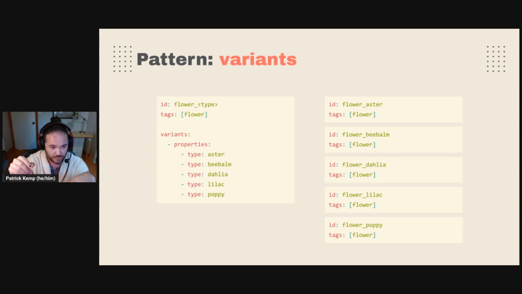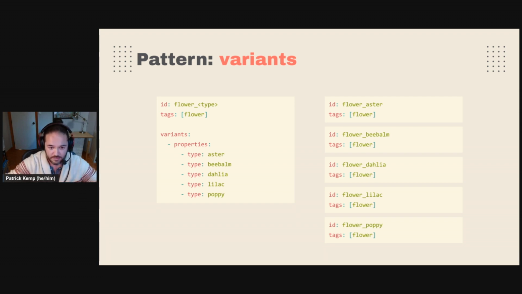And what happens at generation time is this one config actually turns into 5 new config files with each of their IDs having that type part replaced with a name of flower. So this is a simple example just to demonstrate the basic philosophy, and it's not actually doing anything interesting. It's just creating 5 different items with different IDs. They're not distinctly different here, but because you can replace anything in the config basically with variants, you could use this to change the flower's color, the icon, the sprite, the economic behavior, all kinds of things